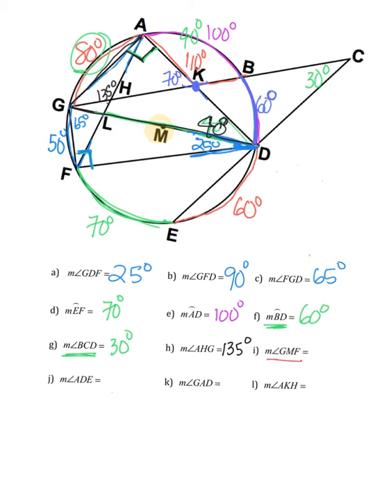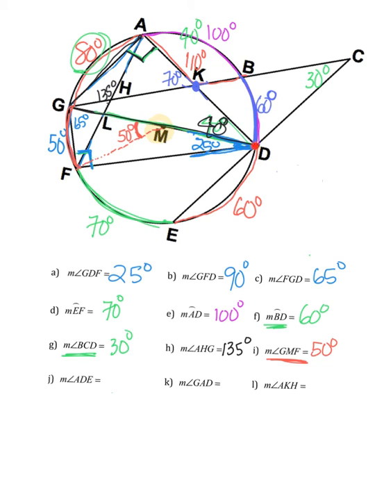Now we measure angle GMF. GMF, so let's try to connect point M to point F, and this is a central angle, and this intercepts arc GF with a measurement of 50 degrees, hence this is also 50 degrees by definition. Next we measure angle ADE,